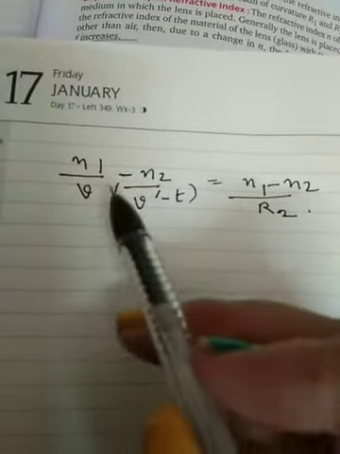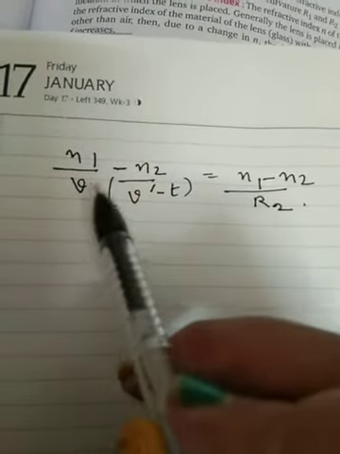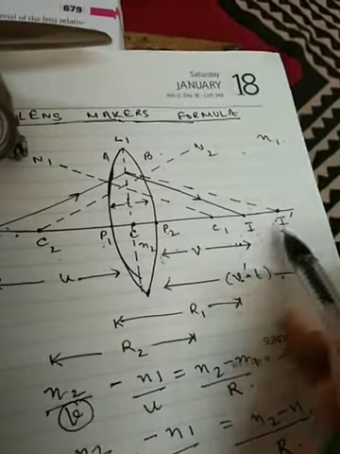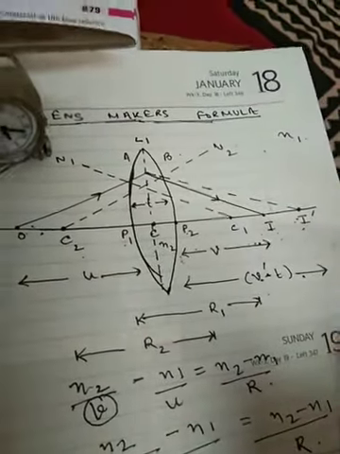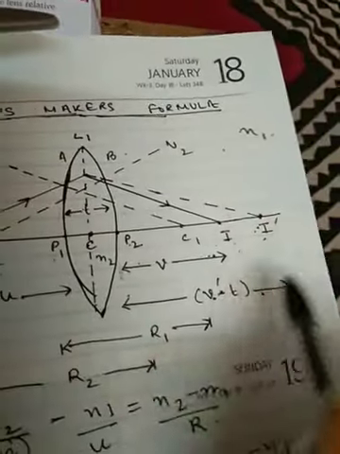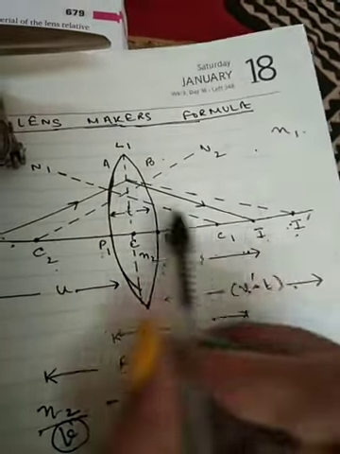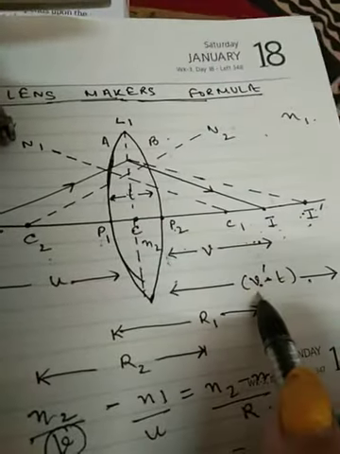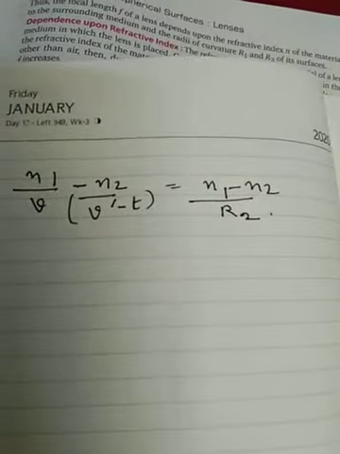To be noted, students, why have I written N1 by V minus N2 by V dash minus T? Because in this case, what will be my object? From this diagram, I have already said the image formed by the object at the first position is I dash, and the total distance is considered as V dash. So this total will be my object distance. Now the distance V dash minus T will be formed by the refraction of the object from this I dash to I. So this will be my object distance, V dash minus T. Like that I have got this equation.